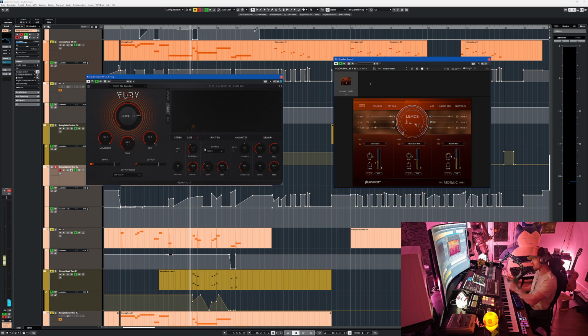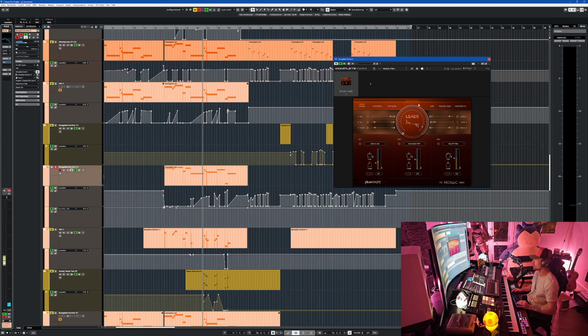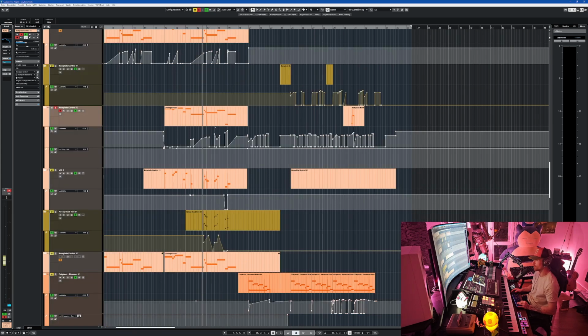But the thing that makes it so broken in the end is the shape. So I added a gate with a specific threshold that just destroys the sound in the end. If you take away the gate, it sounds cool, but not what I wanted. Yeah, I love how it breaks. One of my favorite distortion plugins, Fury.